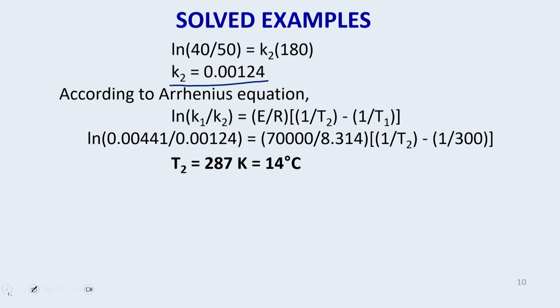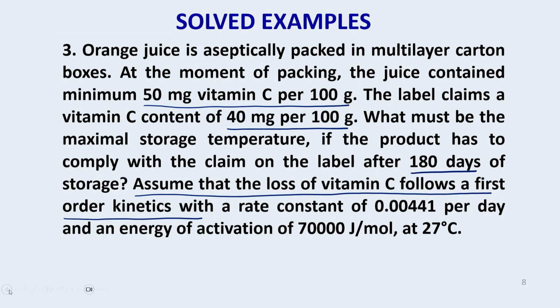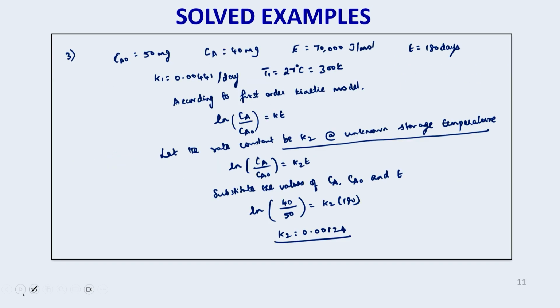E by R, which is a common term, in bracket 1 by T2 minus 1 by T1, where T2 is the unknown temperature which we have to find out. You see the question, what must be the maximum storage temperature? This is unknown, which we have to find out. So here, to find T2, that is the unknown temperature,